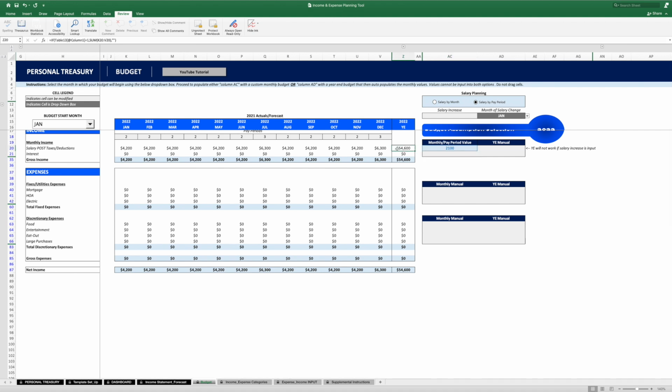So as we look at the two different methodologies, we can see that Salary by Month gets us to around $50,000 at year-end, while Salary by Pay Period gets us to $54,000 at year-end. These values will be lower than your actual salary since this is all post-taxes and deductions. Technically, in this situation, Salary by Pay Period gets us a more accurate estimation of what I'll have at year-end,